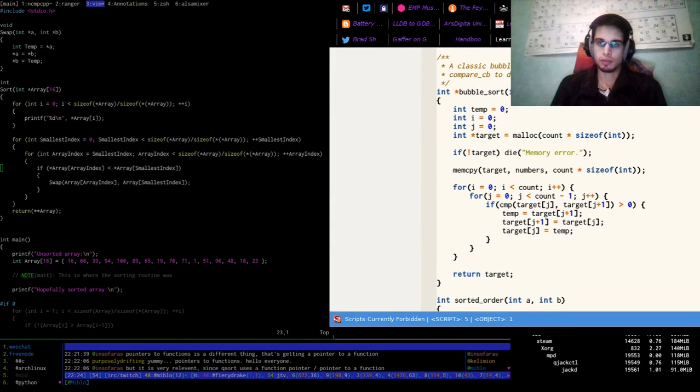Takes in pointers to numbers. Takes in the count. That's how big the array is, isn't it? And then it takes some struct compare callback.